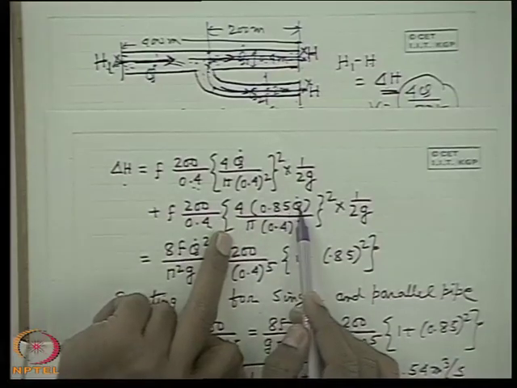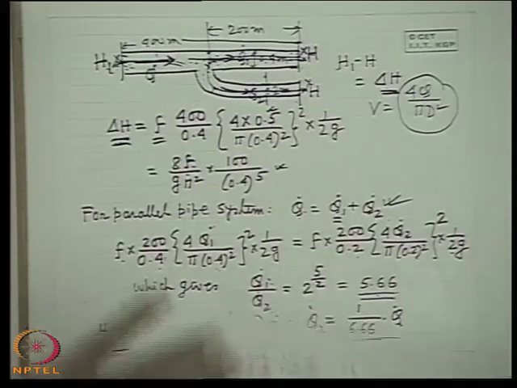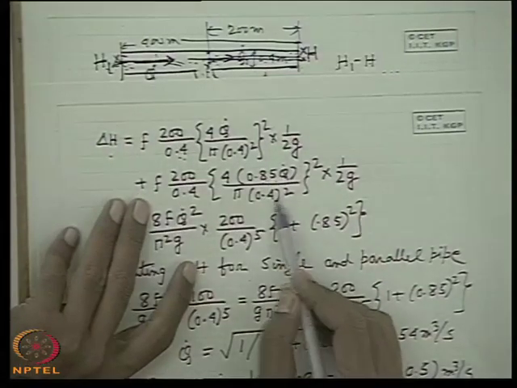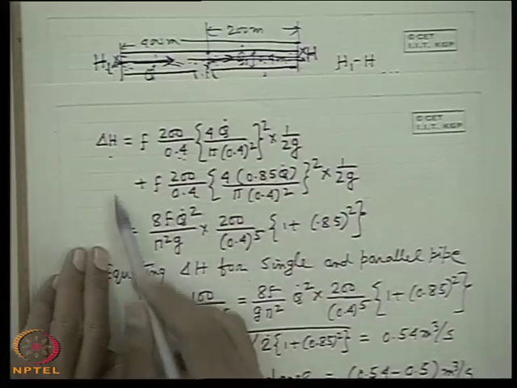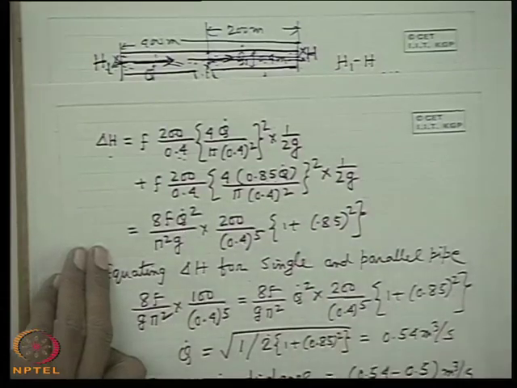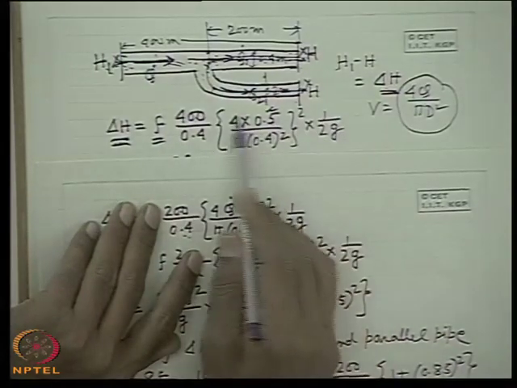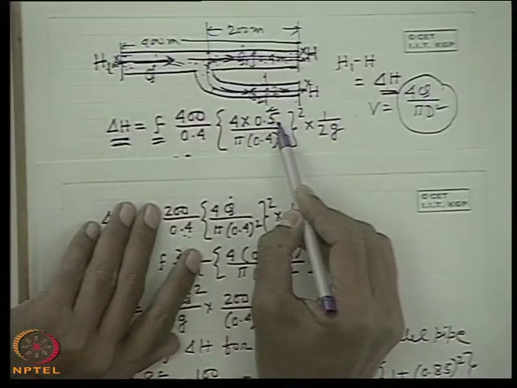So 0.85 Q dot is the velocity, because we found out that Q1 dot is this, Q2 dot. So Q1 dot is this flow, this 5.66 by 6.66 Q dot, this is 0.85. So therefore, the flow rate through this pipe is 0.85 of Q dot. Very simple. So then that means we have an equation connecting delta H with Q dot square. But delta H was earlier found in terms of friction factor like this, because the same head difference was there when the single pipe was delivering 0.5 meter cube per second.